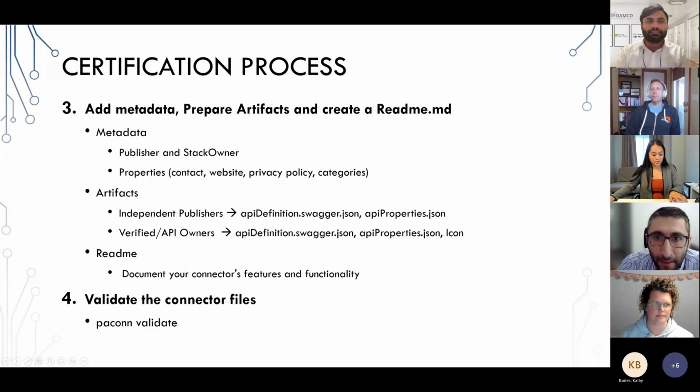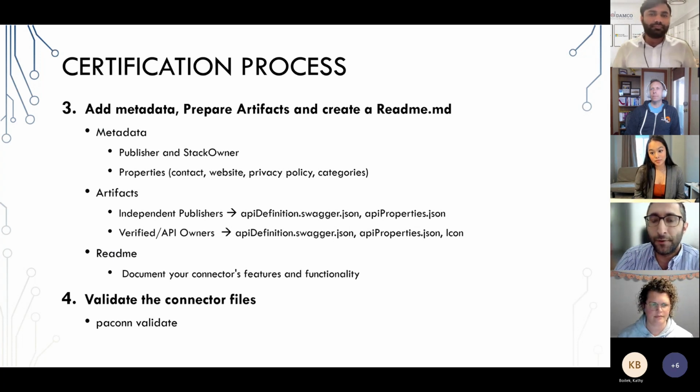After that, we're going to get going into preparing our artifacts and metadata. And for that, there are some important properties that are important to include. For example, the publisher and stack owner. For independent publishers, those two should be different because the publisher does not own the API and the stack owner is the owner of the API. In case of verified publisher, they should be the same because who is publishing the connector should be owning the